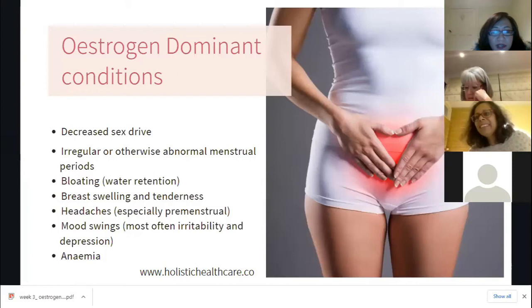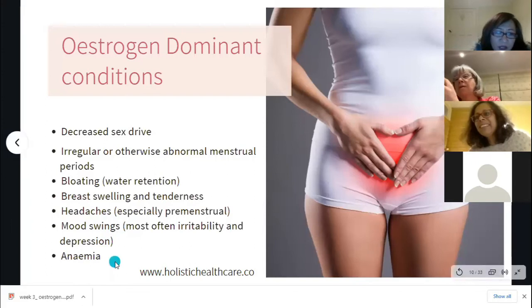So say if someone hasn't got a formal diagnosis, and I get this a lot, I get people messaging me and going, oh, Lena, I've got all of these things, but I've got to wait 6 months to see a consultant for him to tell me what's going on with me. And I'm like, I think you've got estrogen dominance, let's just do something. But they're like, no, I'd like to get a test or report, a scan first before I do anything. And so that's the thing. Having this knowledge means that you can apply basic common sense, you can apply basic nutrition and healthy living principles and get yourself sorted sooner rather than later.